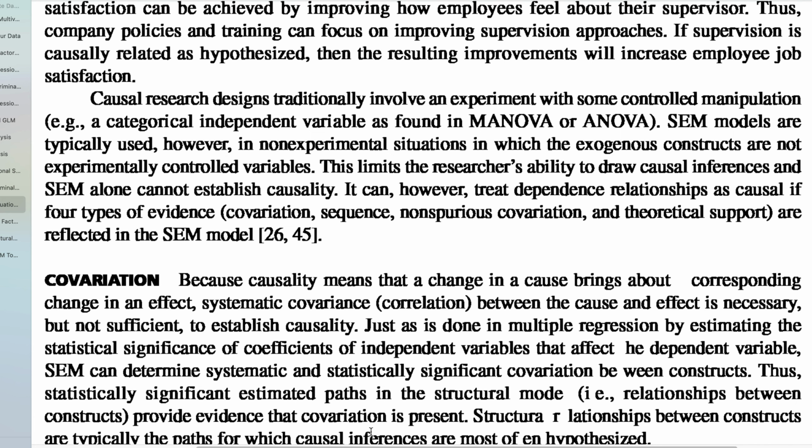We can treat a dependence relationship as causal if we have the core types of evidence: covariation, sequence, and non-spuriousness. Covariation and theoretical support are reflected in a structural equation model. Let's talk